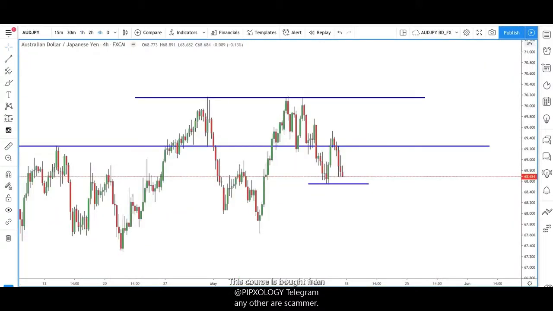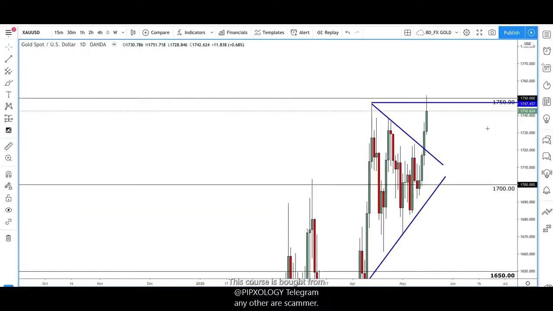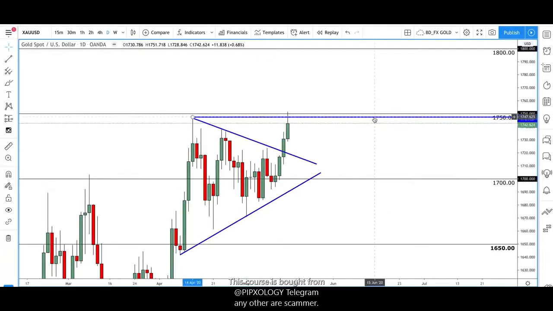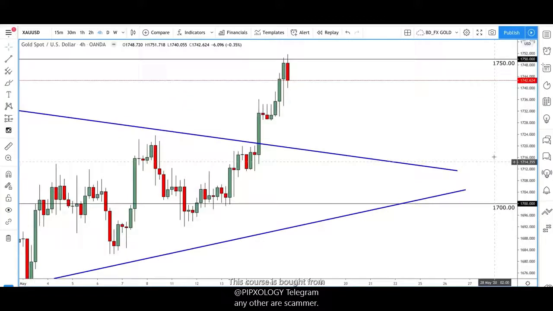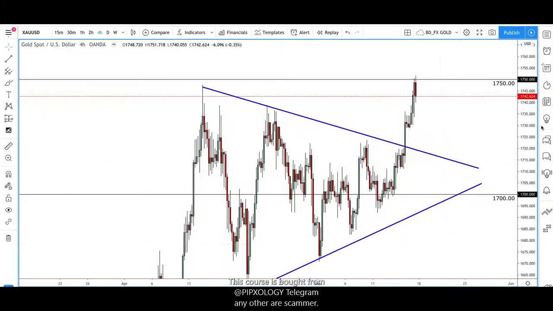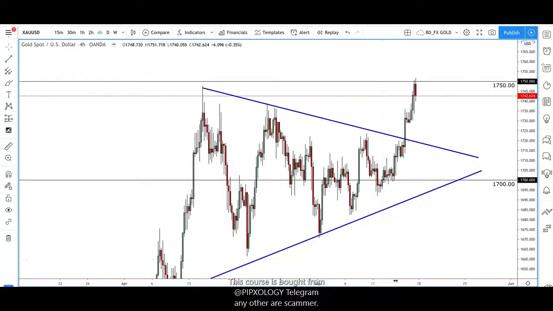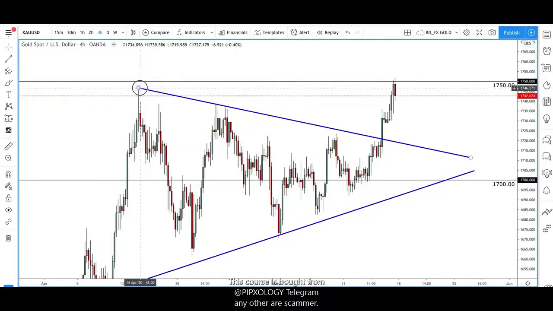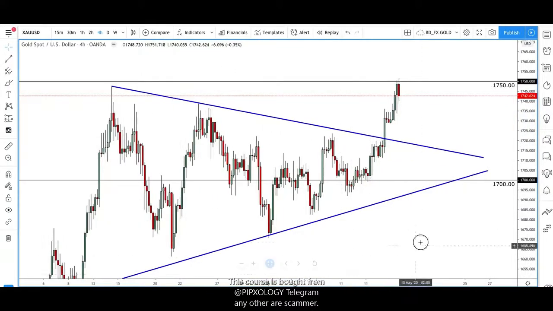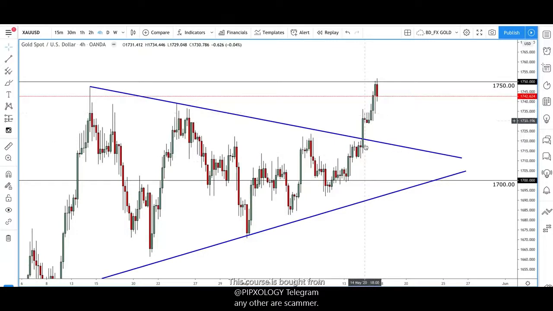So, looking at gold, we came up and made new highs here. We've hit that 1750 level. So we had this breakout on gold on the daily, and on the 4 hour, a very strong break. With gold, sometimes when it has breaks or makes moves, it makes moves so fast that it makes the risk reward on trades a little bit unfavorable to the trader. So for instance here, you can see a strong break. This is what you want to see, a strong break of a triangle.